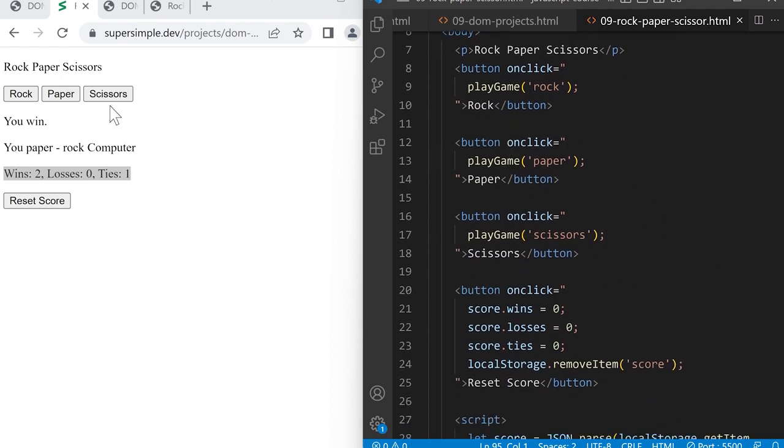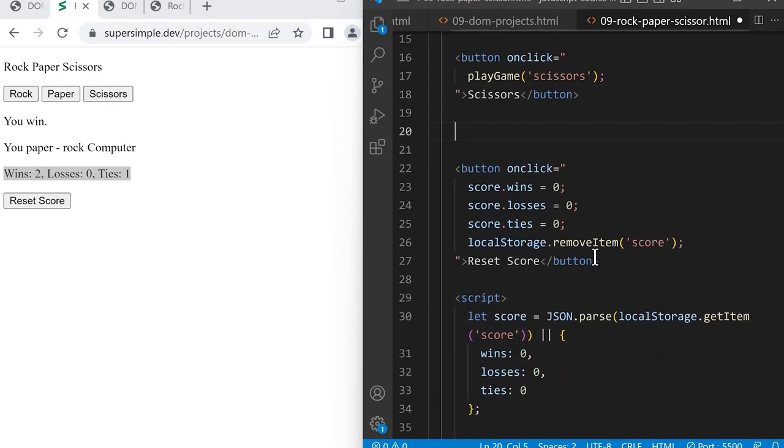And after the scissors button, let's add a paragraph element where we're going to put our score. So less than, P greater than. And let's add a class attribute so we can select this element in our JavaScript. So in the opening tag, we'll type space class equals double quotes